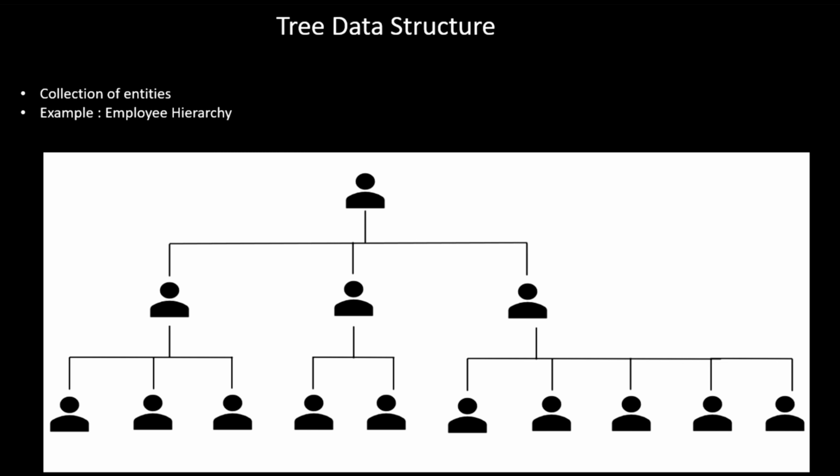We have already seen that tree is a non-linear data structure. In a tree data structure, the elements are organized in a hierarchical manner. The best example is an employee hierarchy. For example, we have the topmost employee, the CEO, with three reportees: CTO, CFO, and president. Again, under the president and CFO, we have some set of employees. So it forms a hierarchical manner, and obviously the root is the CEO here. This forms a tree, and that is the reason we call it a tree data structure.